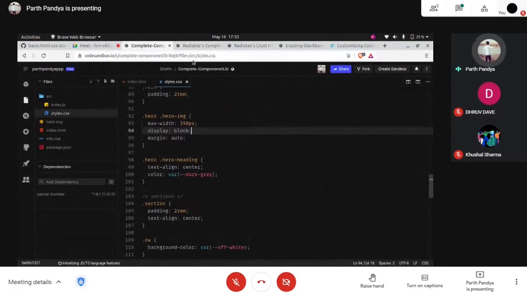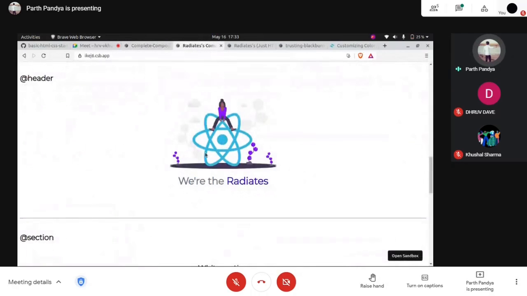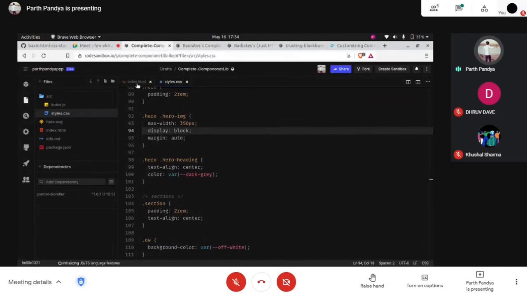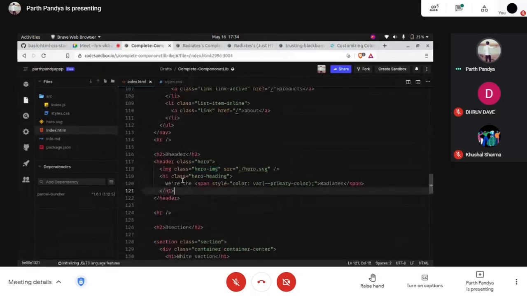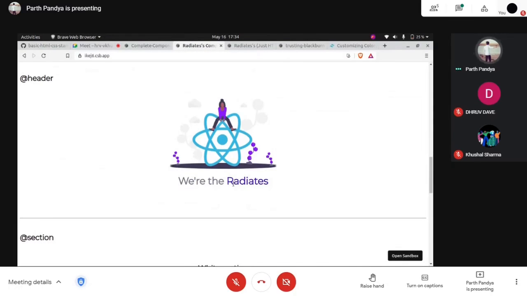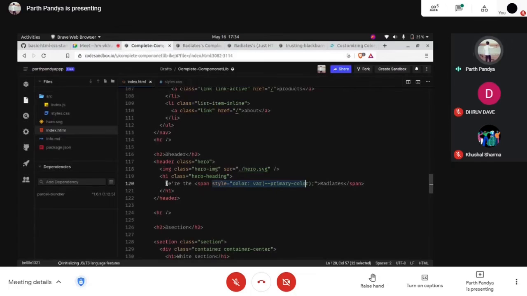we are having a hero heading. We used an inline style in a span. Span is also a non-semantic tag which adds no value to the content. So we use this style color primary, and we have this text color different from the rest.